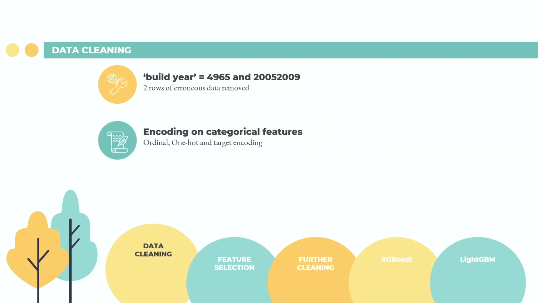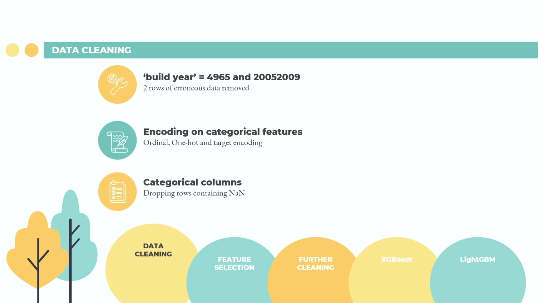Next, we had to perform encoding on categorical features to tackle the problems of having categorical values. We tried ordinal, one-hot, and target encoding. Ordinal encoding involves encoding features such as ecology into ordered numerical values representing the different conditions. One-hot encoding was applied to product type because the values were simply labels with no order to it. Target encoding was used on sub-area, where the encoded categorical values would be represented by the average price doc for that sub-area. Eventually, we decided to use only one-hot encoding because it produced the lowest error.